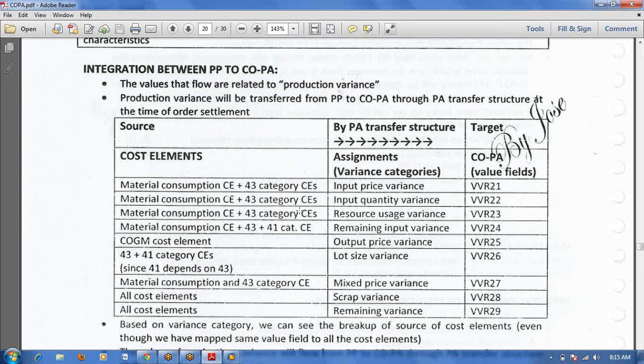Suppose any cost will update two times. Suppose internal order value also will flow through the PA transfer structure only. That means if you post the same GL account at two levels, FI and internal order, in that case we may face a problem.